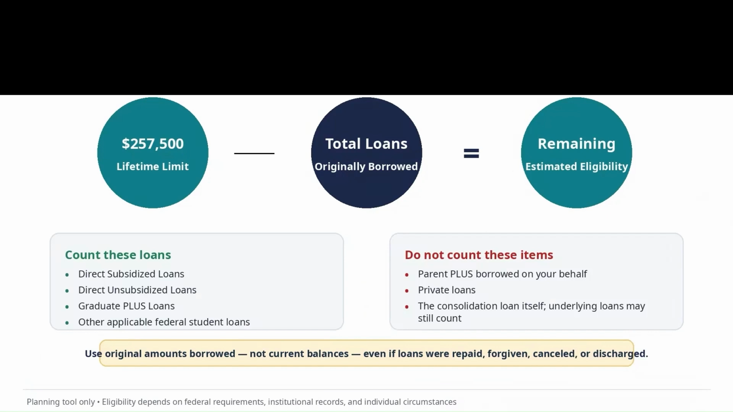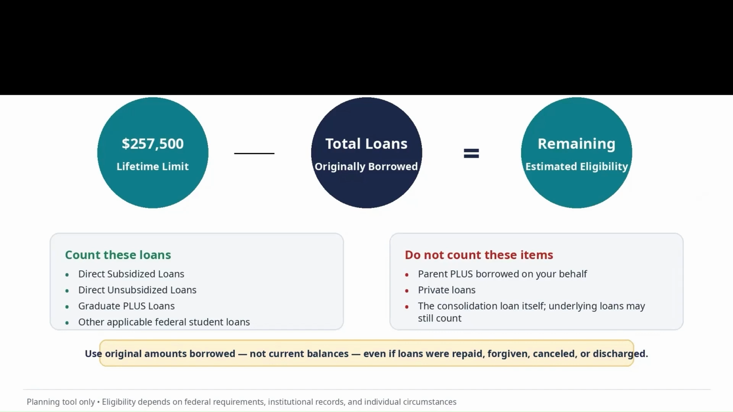In summary, students can begin reviewing their own federal loan history to understand possible remaining eligibility under the new $257,500 lifetime limit. Students should log into studentaid.gov and review their complete federal loan history. Students will need to identify the federal loans that count towards the lifetime limit, add the original borrowed amounts, and compare the total to the